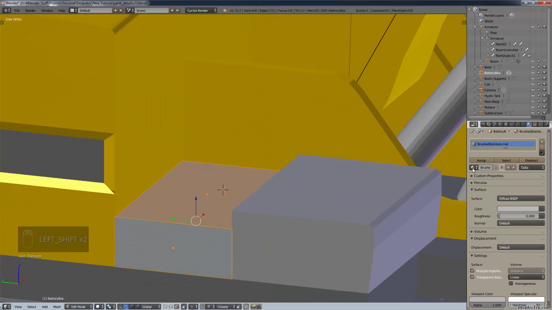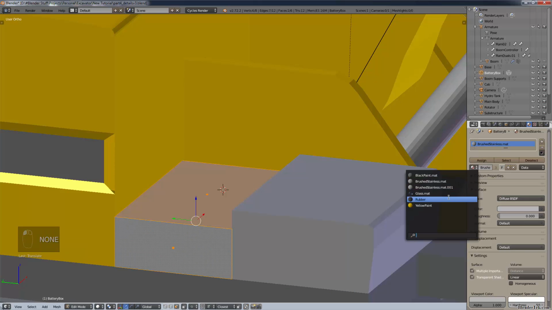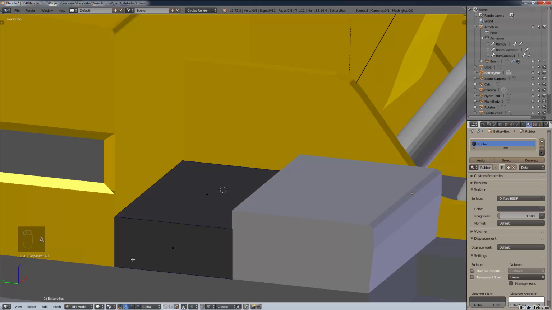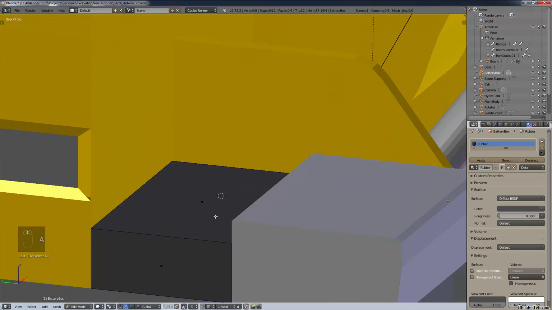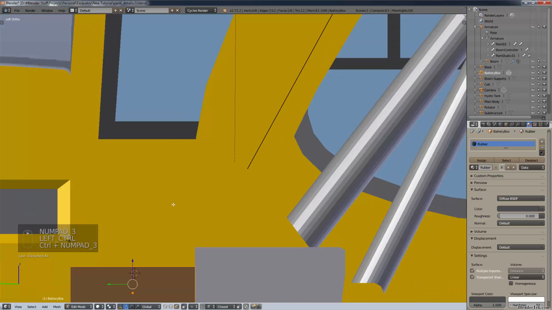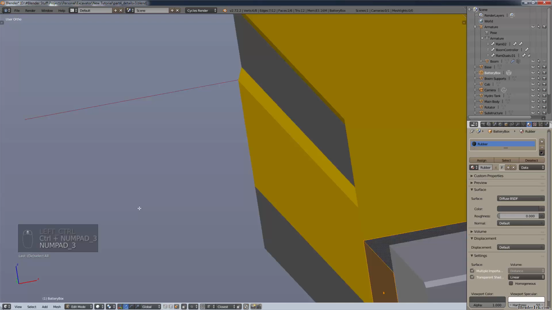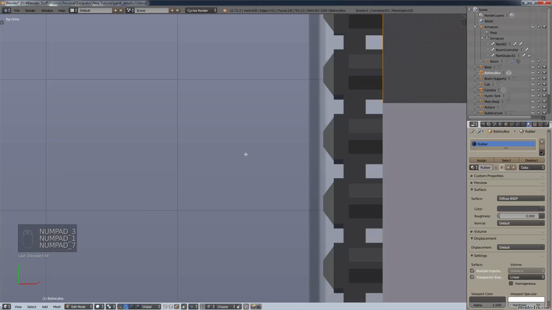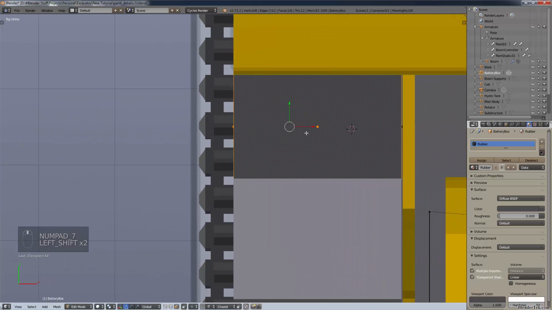I don't want it brushed stainless. I want it painted black. I'd actually prefer it to be darker, so I'm gonna make it rubber for now. And maybe I'll wait till the next episode. But basically, what I want to do is I want to